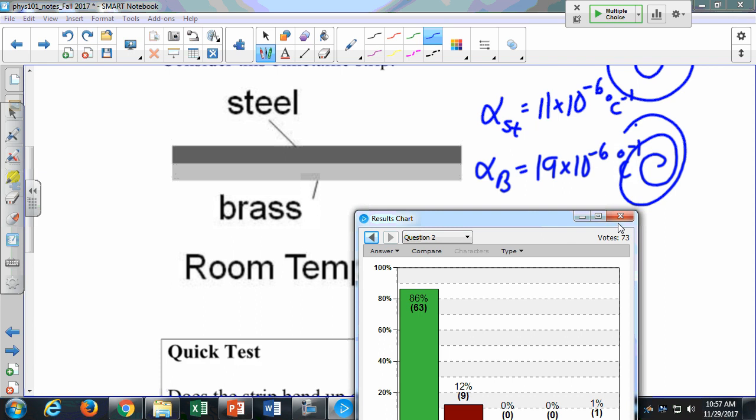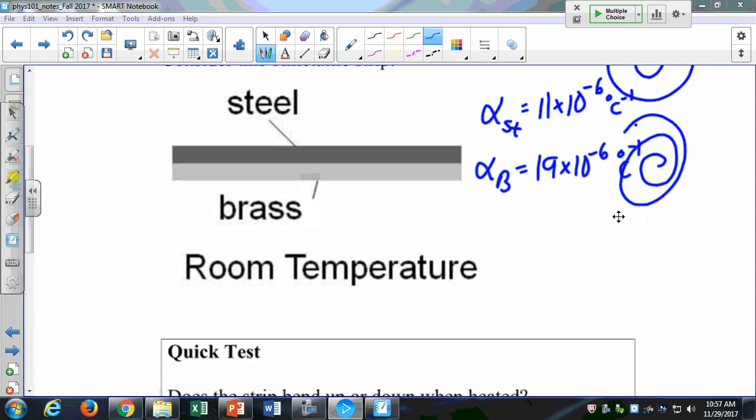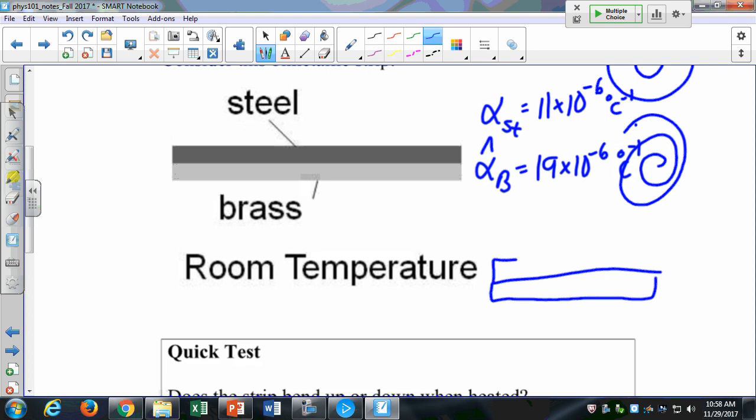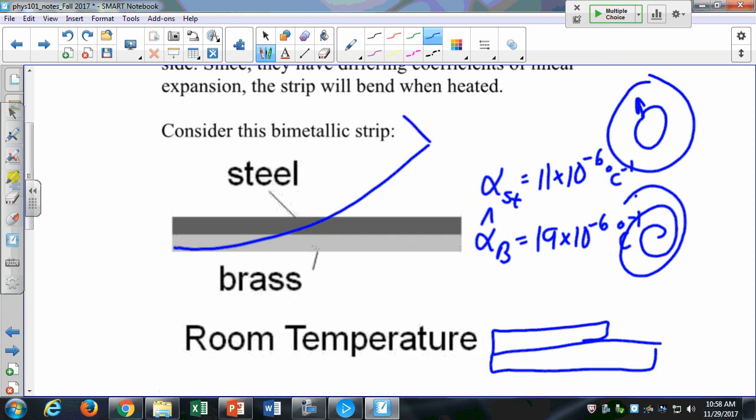Okay, good. A is right. It's going to bend up, because notice that this value is bigger. The coefficient for brass is bigger than that for steel. So when you heat this thing up, the brass side is going to get long, and the steel side will remain short. But because they're stuck together, instead of just the brass getting longer, what's really going to happen is that this thing will sort of look like this. It'll get into an arc,